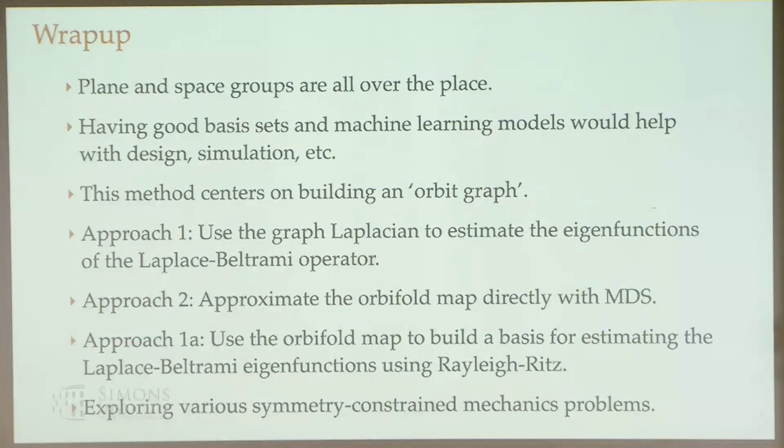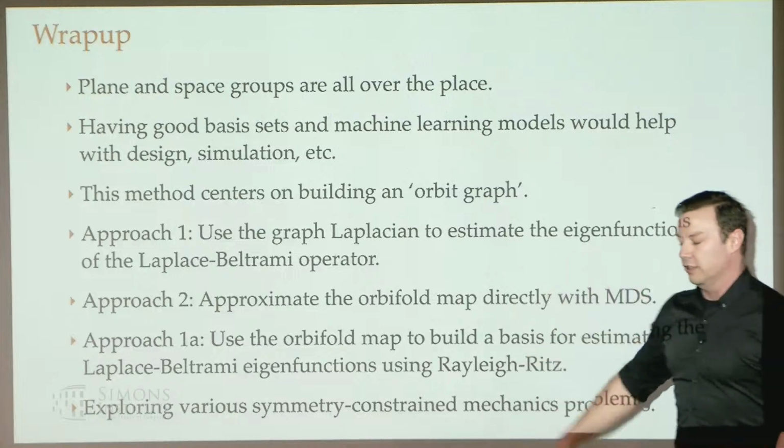I told you about one approach that's a linear approach, very applied-mathy, in which we use a graph Laplacian to get at these eigenfunctions. And then another approach that's very machine-learning-y, in which we construct an object that we can compose with things like neural networks, with a bonus approach that does the first thing using the second machinery and makes it a little bit nicer. And then also this fun symmetry-constrained stuff.